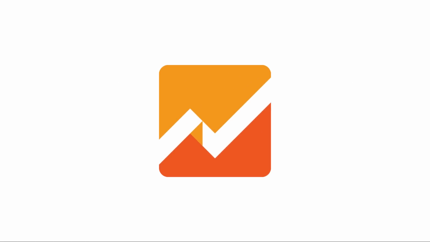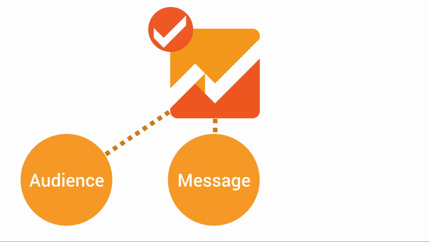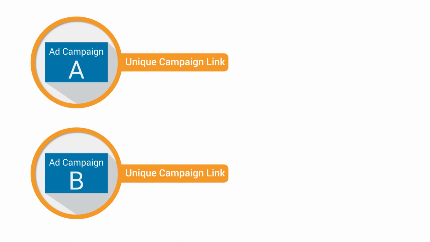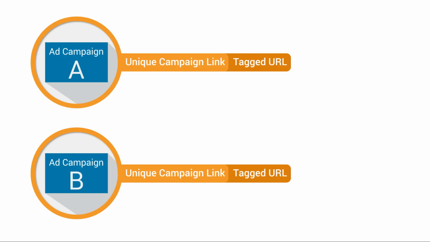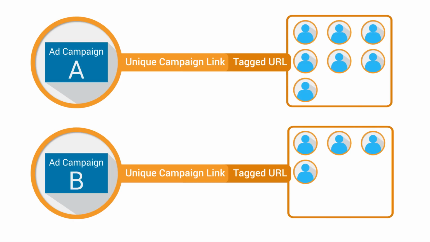With your Google Analytics configuration set and ready for iOS campaign tracking, it's time to start thinking about your bigger advertising strategy. You'll need to decide who your target audience is, what message you want to convey, and which ad network you're going to use. It's critical that you create unique custom campaign links for every different ad, and remember to include these special tagged URLs in each ad. This way, you can find out which of your ads was most successful at driving traffic